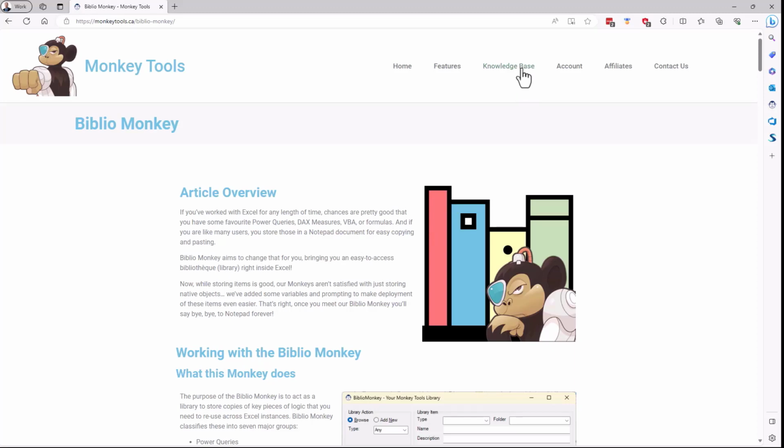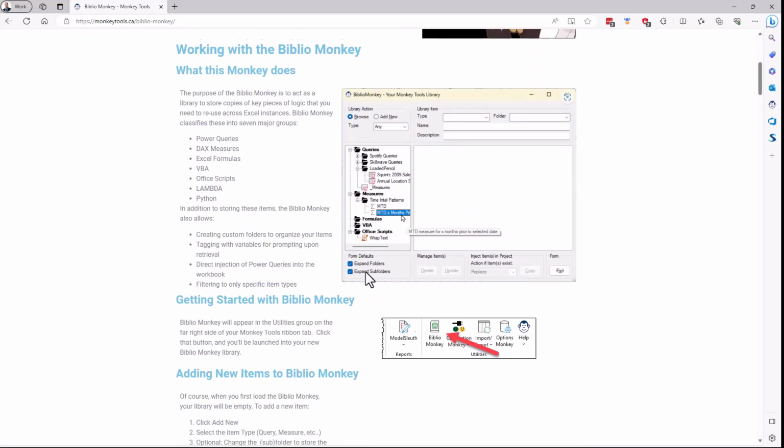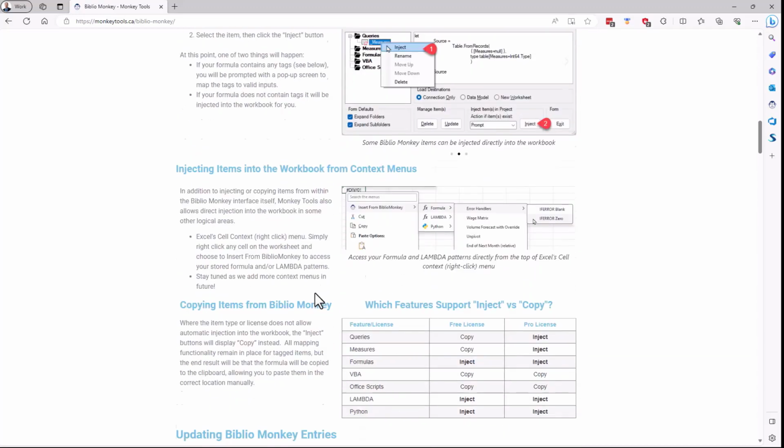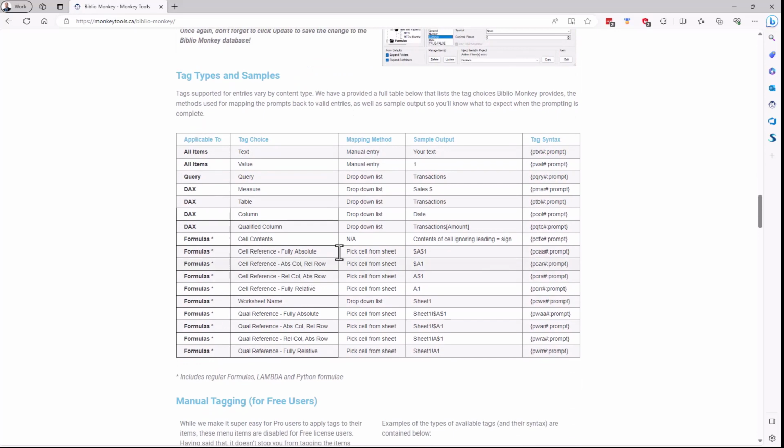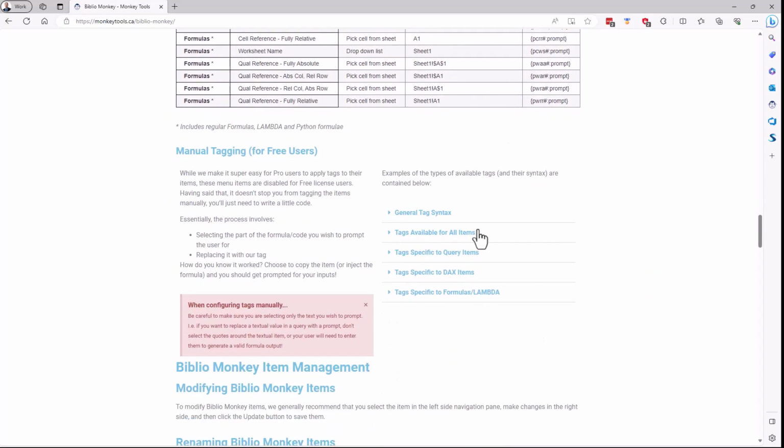And this is one of the knowledge base articles we have on BiblioMonkey. And if you scroll down on this page here, what you'll find is that there is an entire section here that lists what all of the formats of the tags actually are, as well as the full instructions for free users on how to tag things. Of course, the instructions for pro users are just a little bit higher up in the piece as well there. So it absolutely works under free, just a little bit more work. Works under pro, a lot faster, a lot easier.